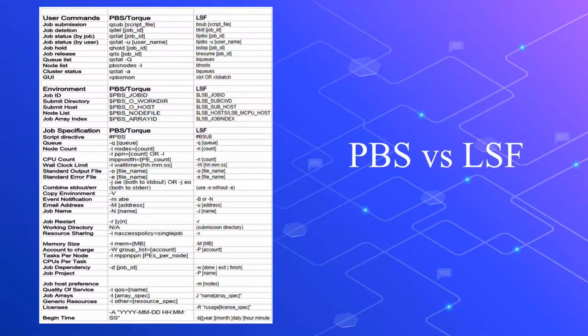Let's say I am running a parallel job where I have parallel code, and I will mention the number of CPUs I am going to utilize here. Some of the other important aspects are the CPU count and wall clock limit. I can set my wall time for how many hours I need to run this code, where I should get my output file, where I should get my error file, and how it has to be accessed. Like that, I can mention anything I want in the PBS.